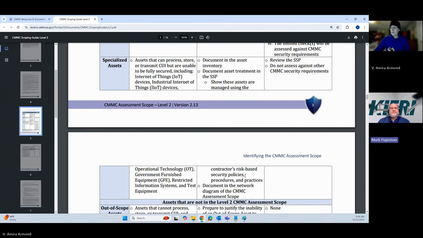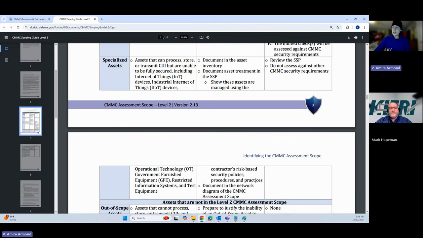If at all possible. If possible, right. Yeah. If it's something that you can address while still achieving your function as a contractor. But they do not say prepare to be assessed down here. And that's a really big deal.